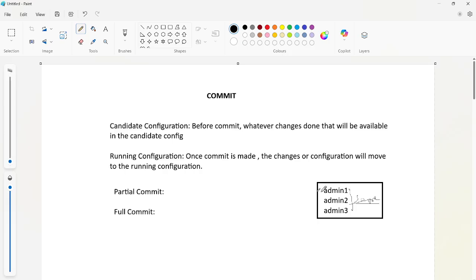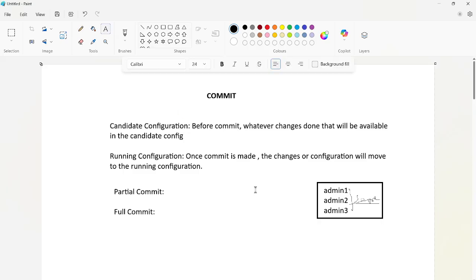Now admin 1 is making some changes; let's suppose he is creating policies to block or allow something in the firewall. Admin 2 is also creating some policies and configuration; let's suppose he is configuring IPsec or related changes.